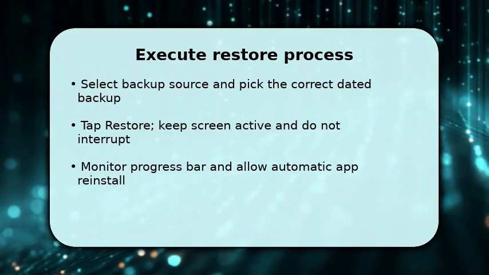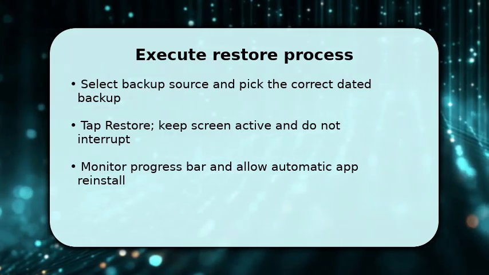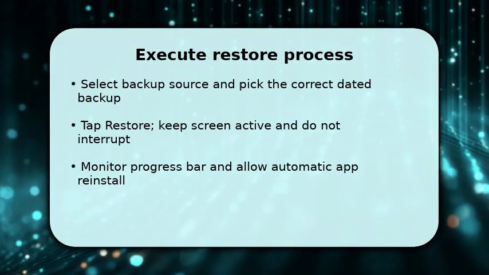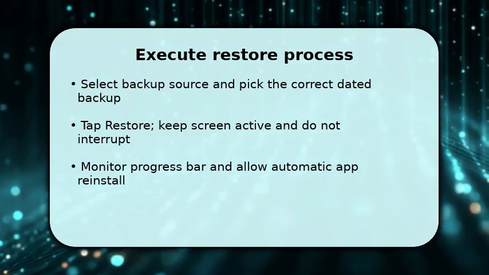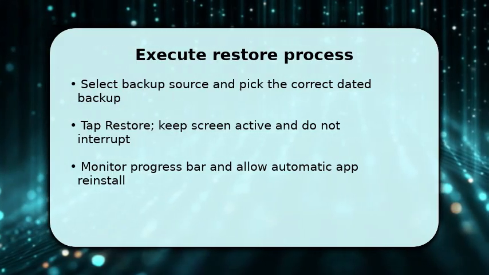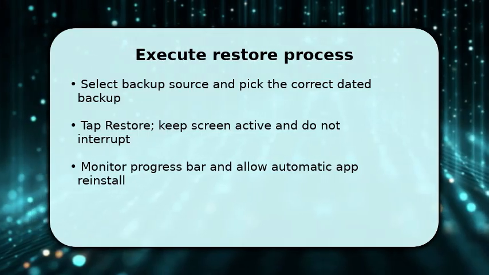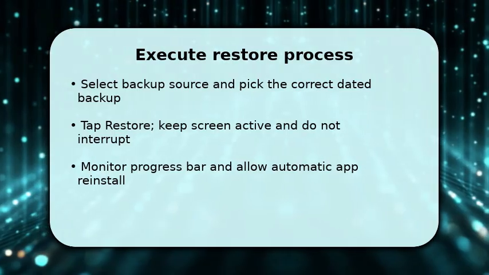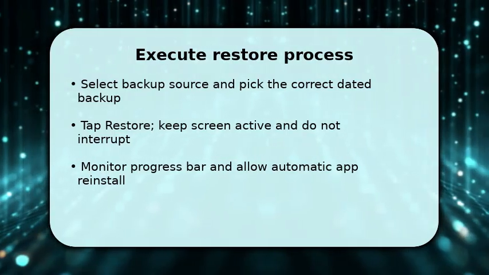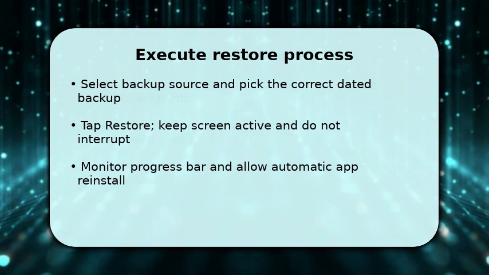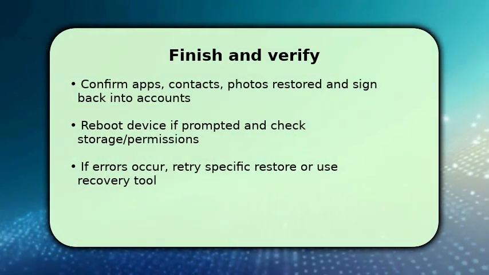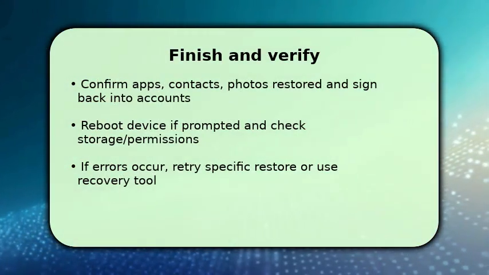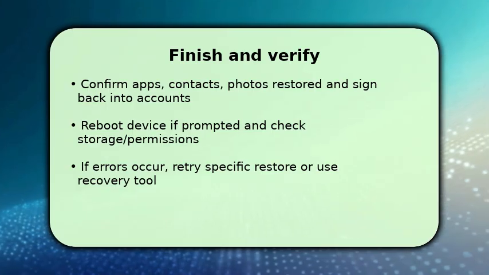While restoring, the system will pull apps, settings, and media. Make sure notifications and app install permissions are allowed so automatic reinstall continues. If restoring from a local file via PC, use the official My Backup tool and follow the on-screen prompts to transfer and apply data. You finish by confirming key items: open contacts, photos, and a few apps to verify data synced